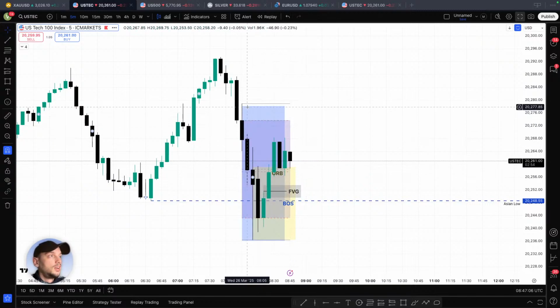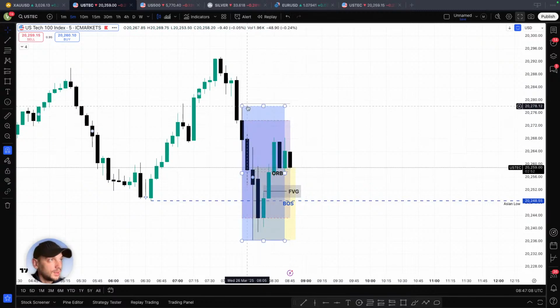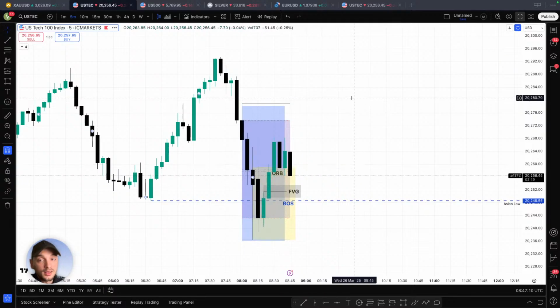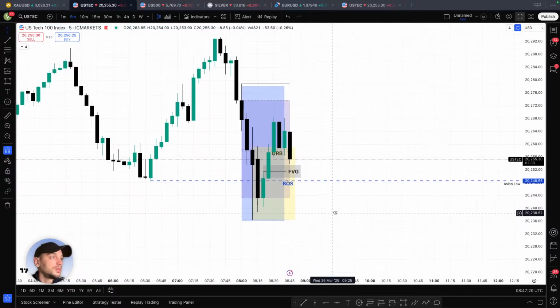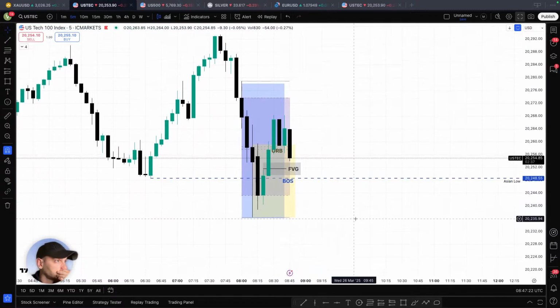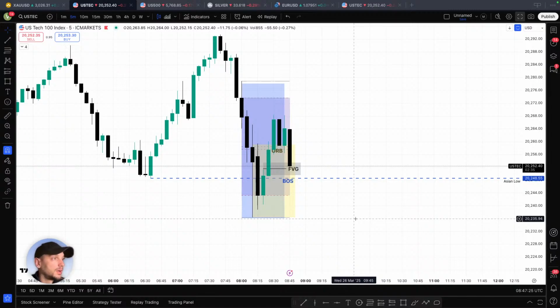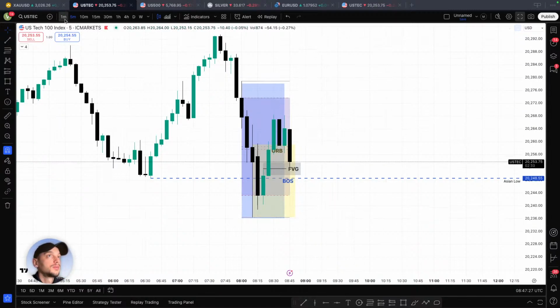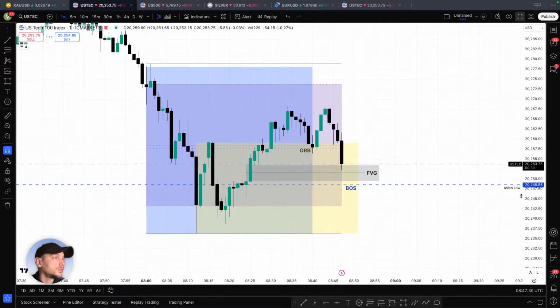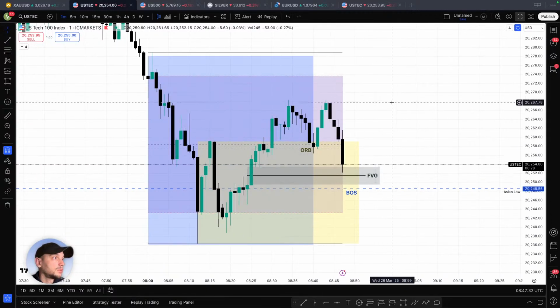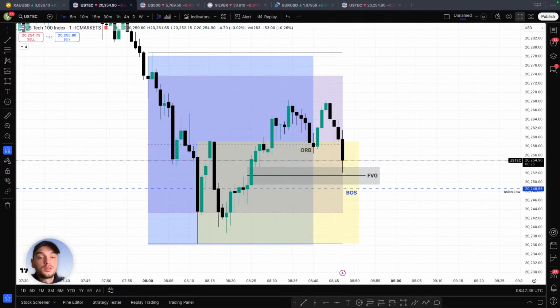In this case, the interesting situation is that our 5-minute ORB is the same as the DR. So if we get into the entry up here or down here, it will be by both strategies. We have an interesting situation here. We just tapped this fair value gap. If we see a good reaction,